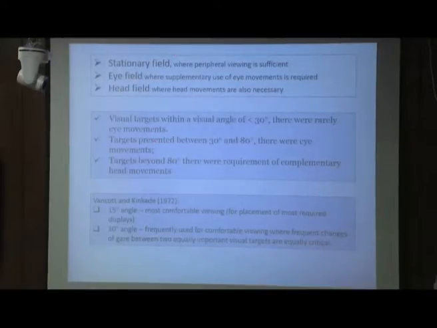In the eye field, supplementary use of eye movement is required, and in the head field, head movement is also necessary. So generally, where we are fixing our eyes, this is the line of fixation, and around that,